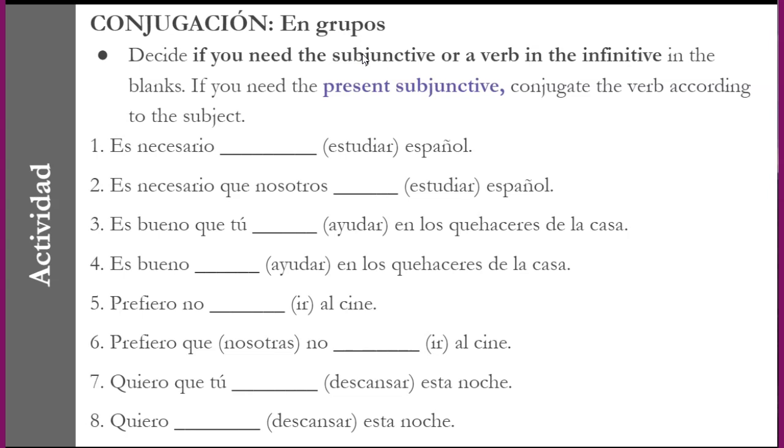If you do need, so you're gonna fill here with the verb in the infinitive or the present of the subjunctive, according to what you need. And if you need the verb in the present of the subjunctive, you have to conjugate it according to the subject of that subordinate clause.